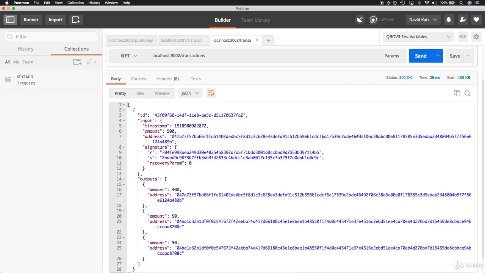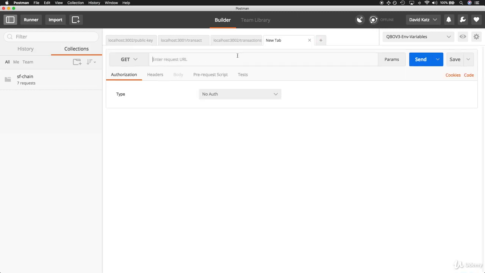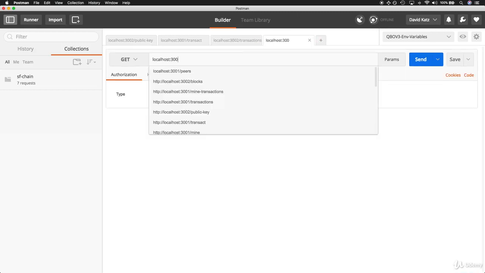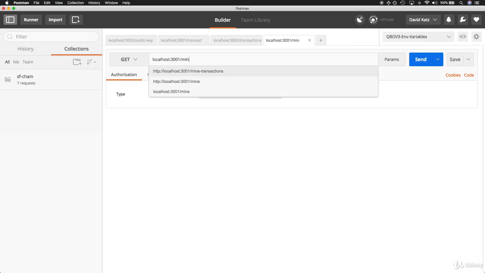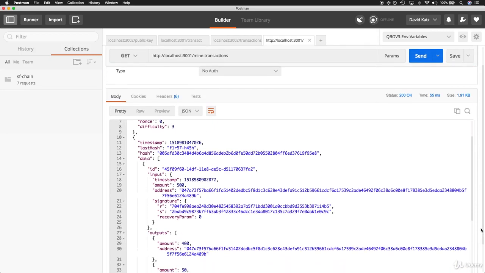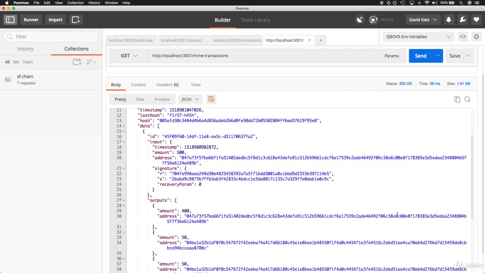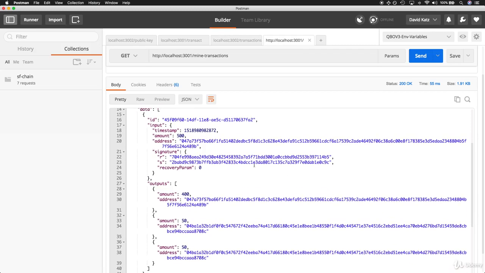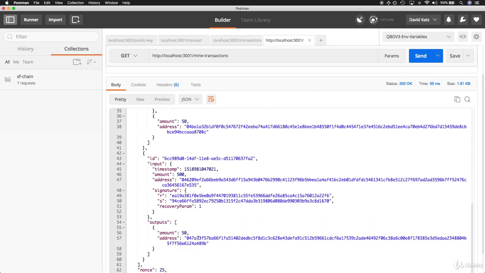Now let's actually mine those transactions using any one of the instances, but how about the first one by hitting localhost port 3001/mine-transactions. And as we do so, it generates a blockchain as a response for us, whose second object is this big transaction list, but it contains that transactions object we generated from before, and also the reward transaction for the original miner, which was this localhost port 3001,